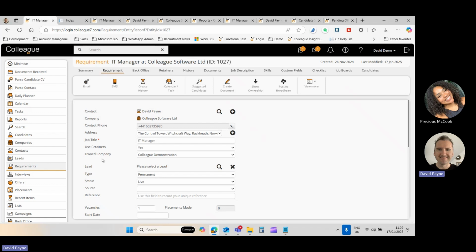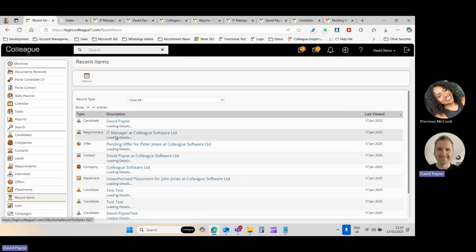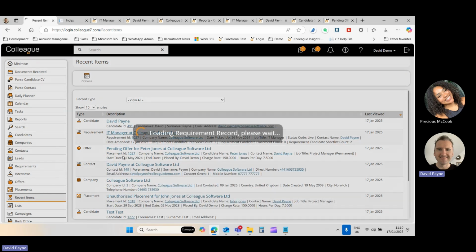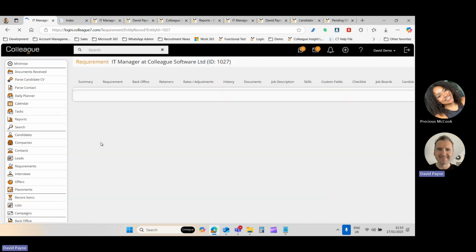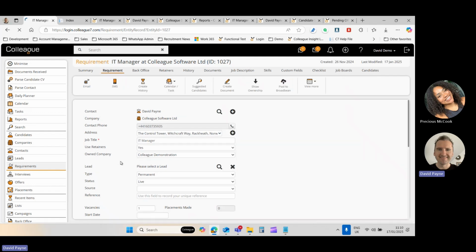So what we've done is gone through and made sure that it's as data streamlined as it can be. There's still some other work that we can do around that, but ultimately that's shaved off some seconds from the loads. Particularly the requirement was the one that had quite a lot of repetition, and it meant the loading of a requirement could take a little bit longer than we were comfortable with, but that's now got down to a few seconds, so that's in a better state really ultimately, and we'll just keep going with regards to performance, obviously loading records as quickly as they can be